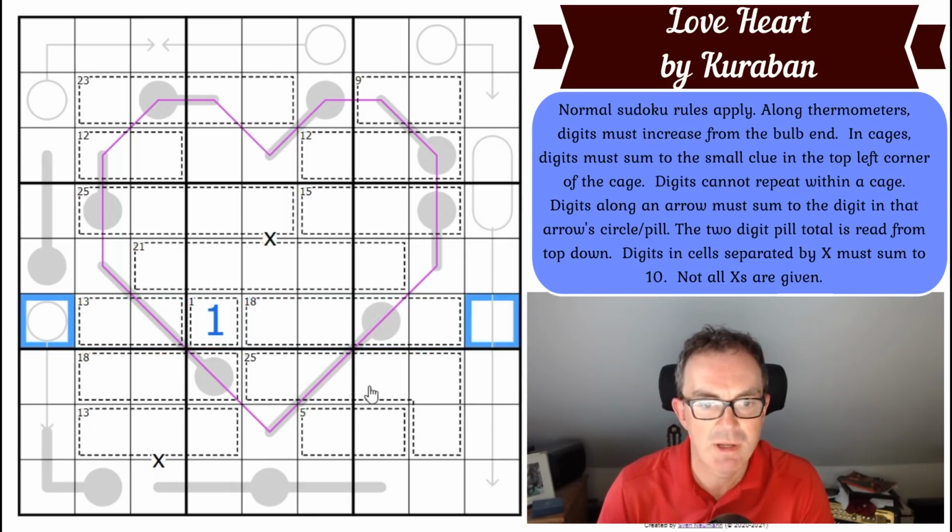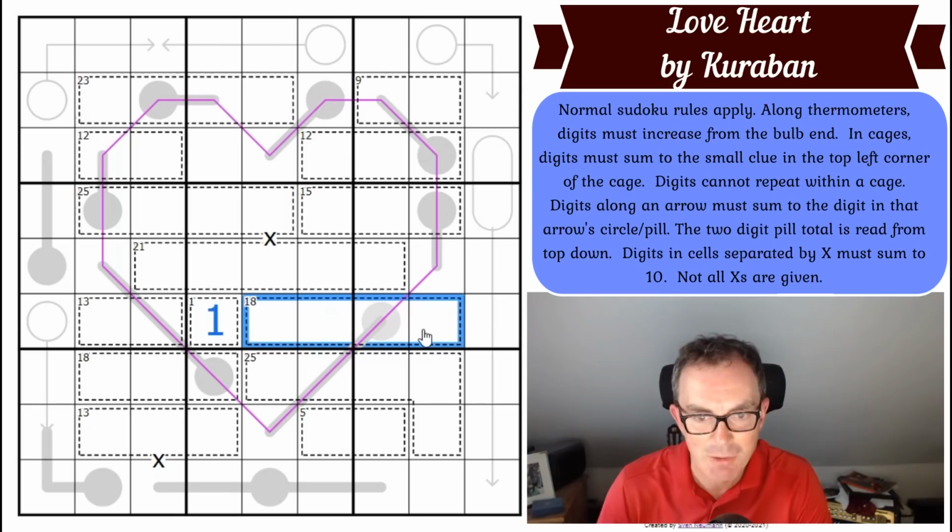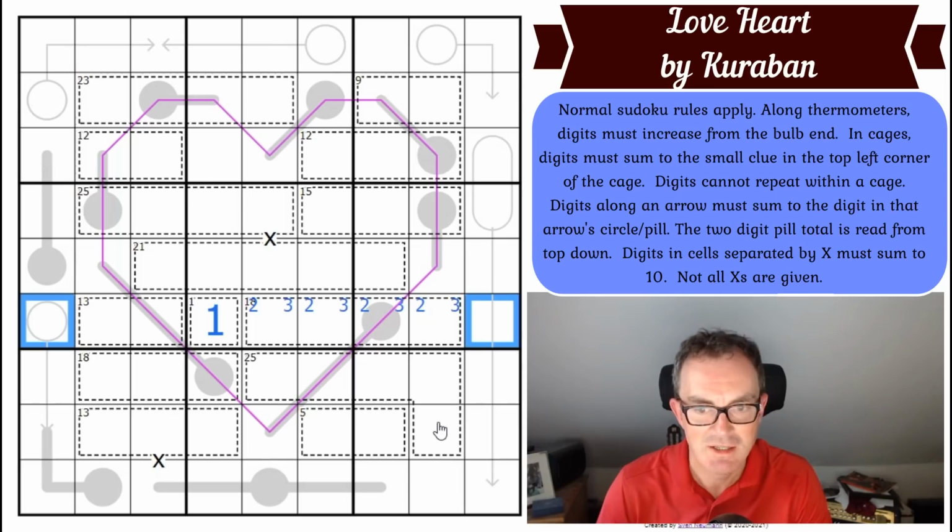So to make the whole row add up to 45, these 2 are going to have to add up to 13. And yes, that is probably unhelpful. Although I will qualify that by saying that the 18 cage now has to have a 2 and a 3 in it. And I know that because if those two digits sum to 13, they can't have a 2